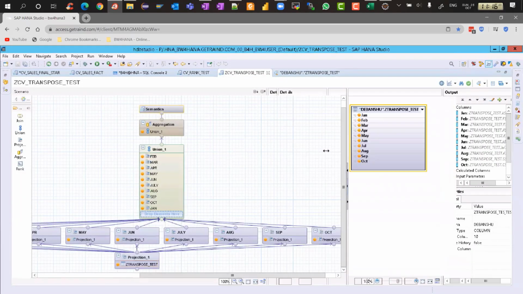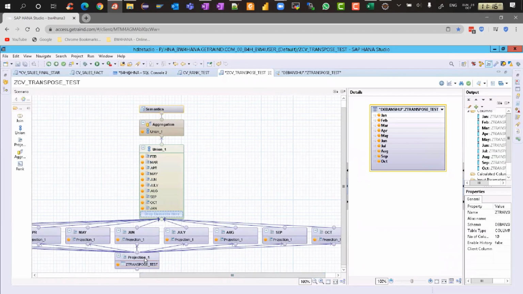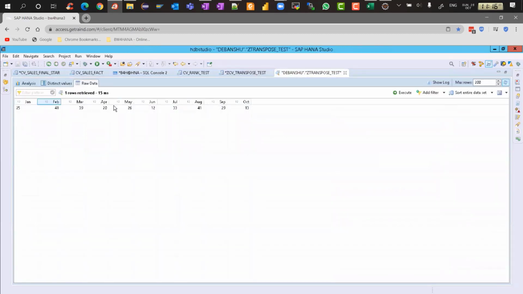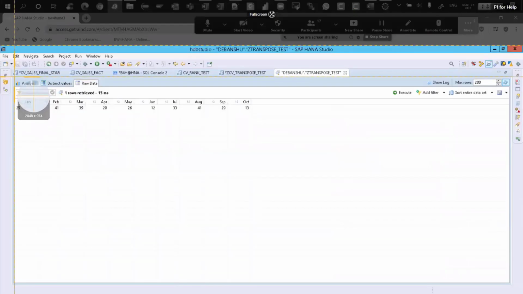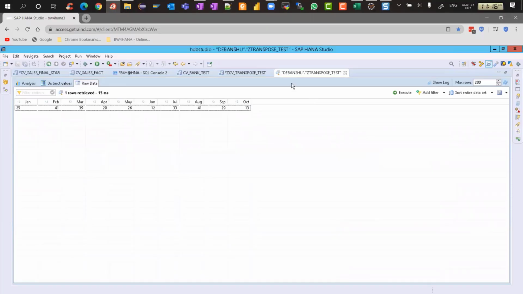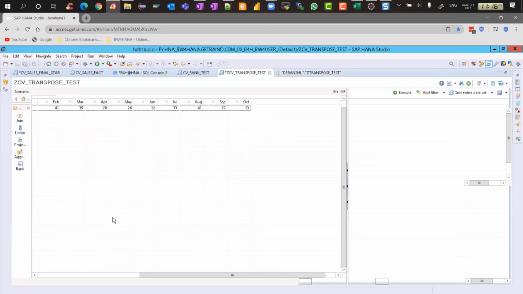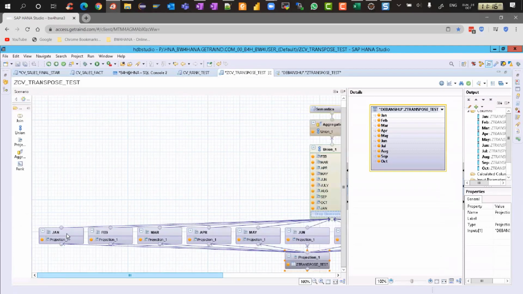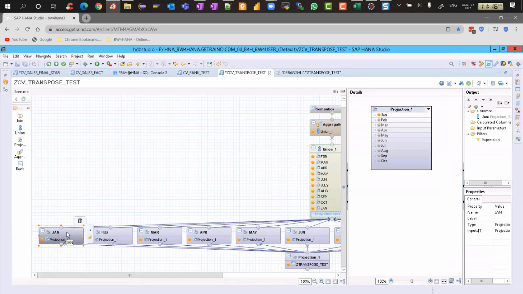What I am doing here is, first I have taken the table where the column format is there. Keep that in mind, this is very important. Now I'm creating projection nodes. This one is only for January, so I'm just getting January here.